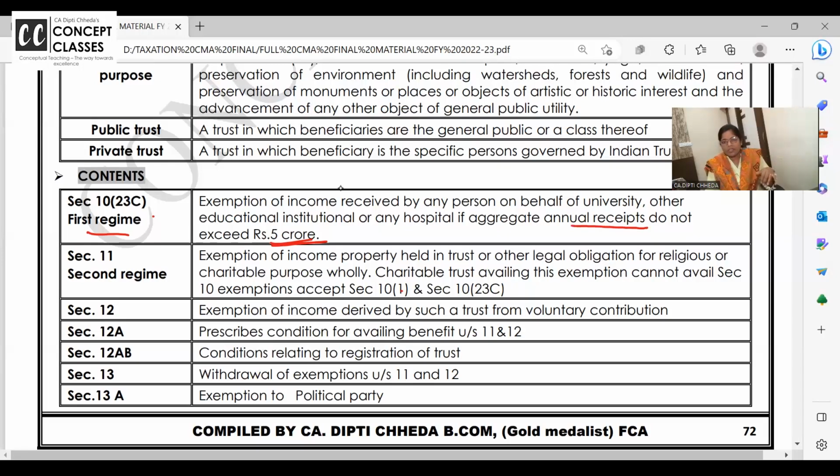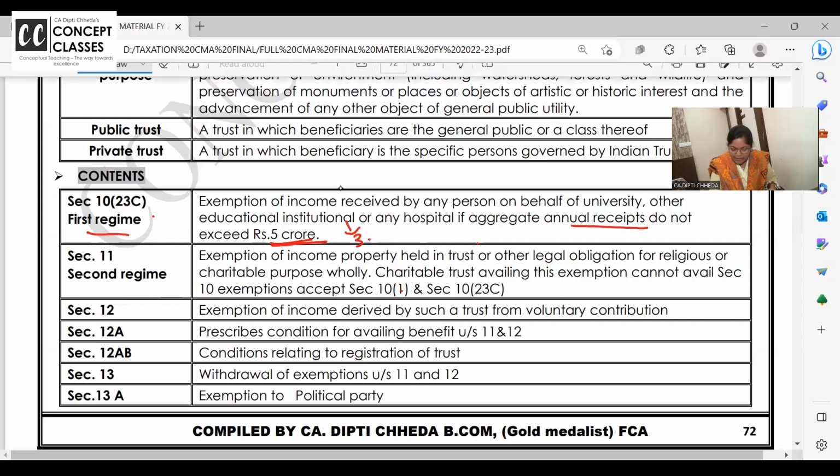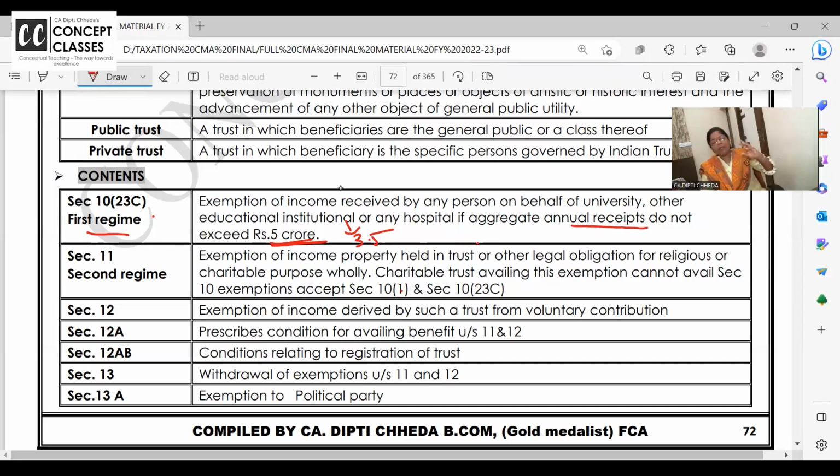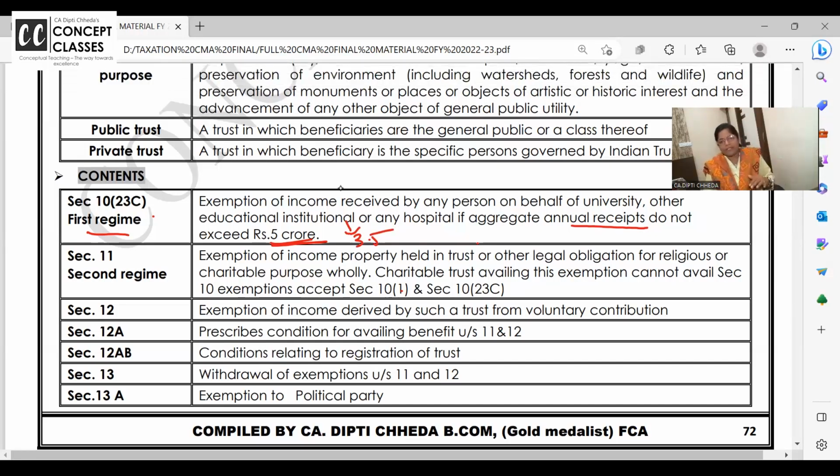Now dear students, a practical example I am saying: some of the medical colleges also have a hospital. So the educational institute's turnover is 3.5 crore. Educational institute, okay, I'll write it here. You also have this in the material, so write it down. These are the questions in my mind that they can ask like that, so I'm discussing that too at the end. When we started, we have already discussed all this.